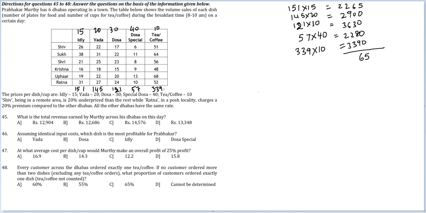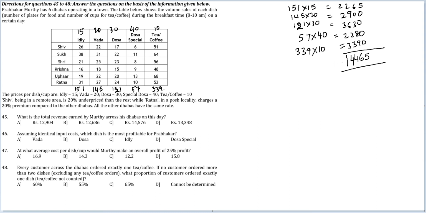2 plus 2 is 4. 4 plus 9 is 13. 13 plus 6 is 19. 19 plus 5 is 24. Okay. Sorry, how much did I have for carryover? 6, 3, 9. Okay, 2 carryover. 2 plus 2 is 4. 4 plus 2 is 6. 6 plus 3 is 9. 9 plus 5 is 14. So I'm getting my current bill as 14,465 without me having adjusted for extra premium that Ratna orders will receive.